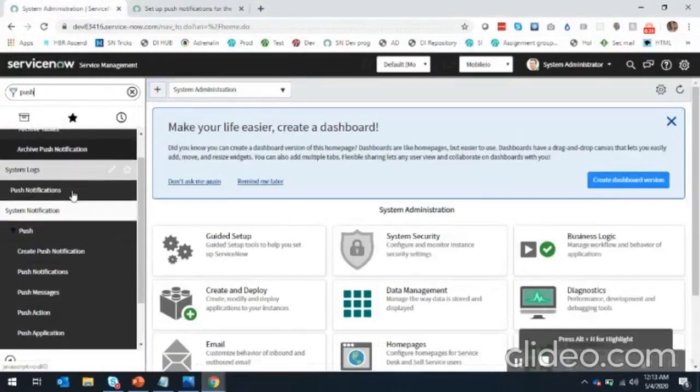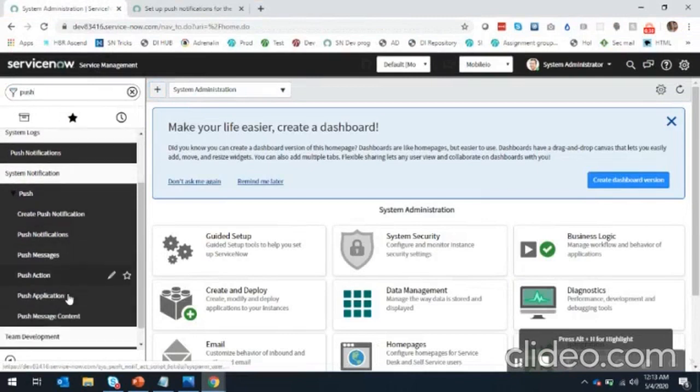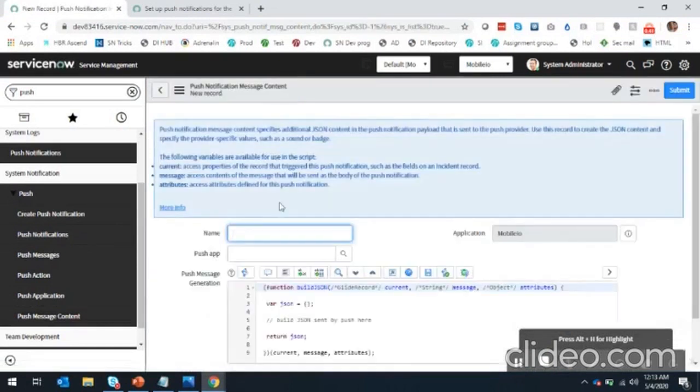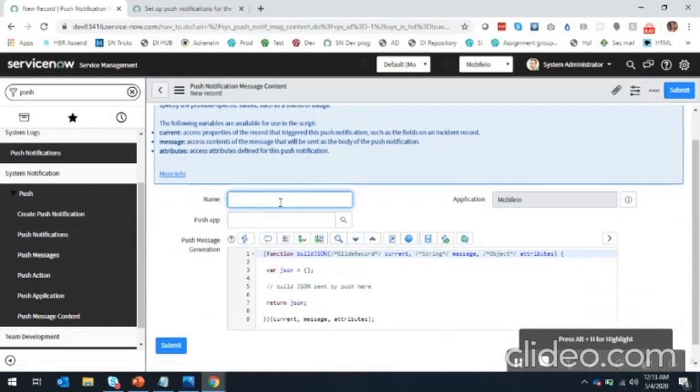I'm going to the push message module. First, we need to create the push message content. I'm going to create a push message notification for when an incident has been assigned to you. So incident. Push app is ServiceNow mobile application, and here in push message generation,